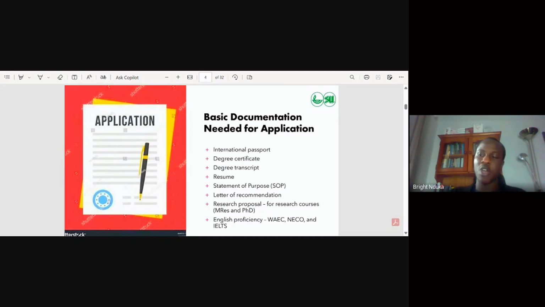All right. So if you are going for a graduate program, say a master's degree, you need to provide a letter of recommendation from an academic who has taught you in your first degree, in your bachelor's degree. Okay. And also you need to get a professional reference, which to a large extent is known as a character reference from your employer or a place where you've actually worked, from someone who can attest to your character, your work ethics. This is usually very important, especially if you are going for research courses.